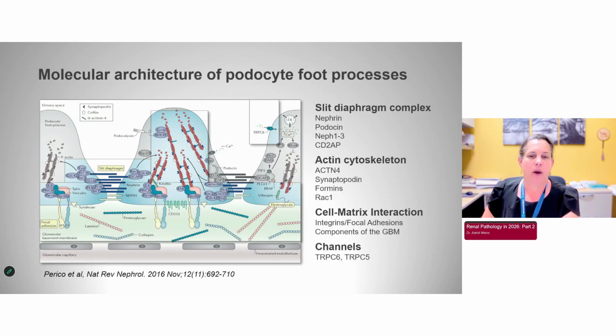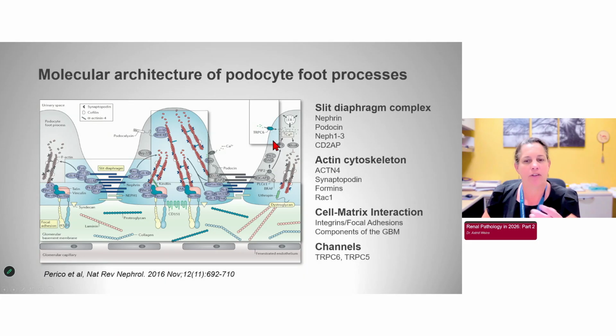And then finally, you have very specialized channels that allow for calcium influx into the cell. The calcium is a very important regulator of actin dynamics in the podocyte. And so any changes to any of these proteins, which we know from genetic diseases, from familial forms of nephrotic syndrome, for example, these proteins are all very important in maintaining normal podocyte homeostasis and normal plasticity and normal function of the glomerular basement membrane